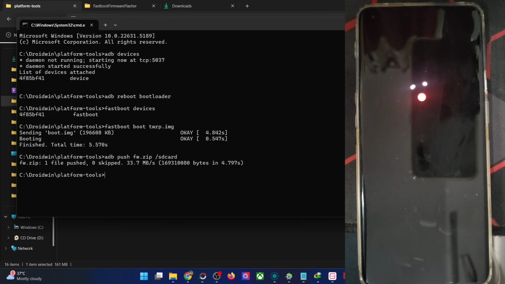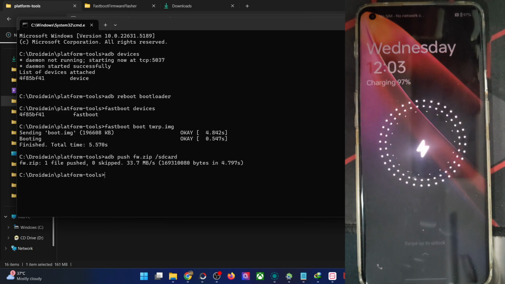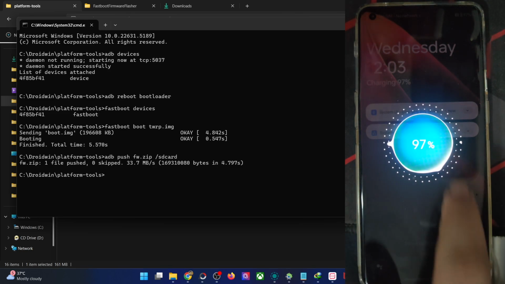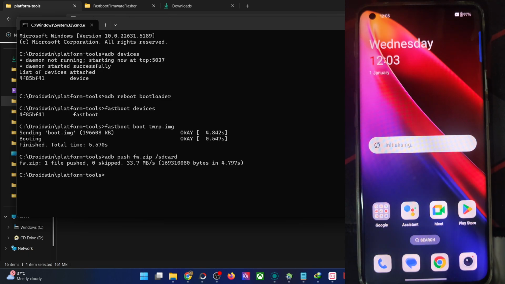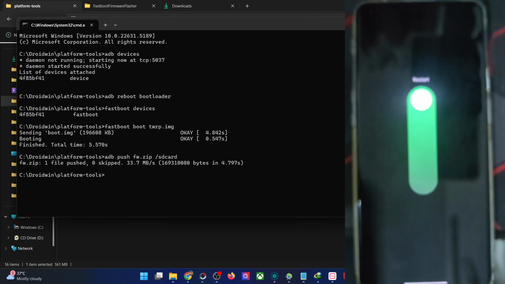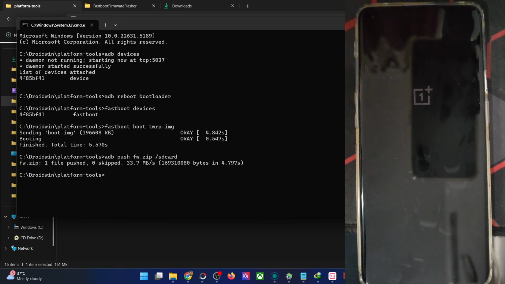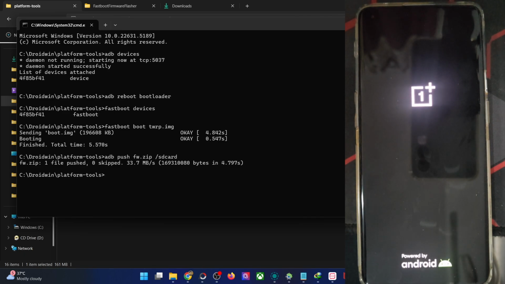This was quite a handy workaround, and from now onwards, every time you do a reboot, there will be no warning sign whatsoever. Let me show you that once again as well. If you want, just do a reboot once again. So whether you flash a Magisk module or any firmware as such, the warning sign will no longer be there. And if you flash a new custom ROM or a new firmware update, in that case you might see the warning reappear. That's not an issue. Simply reflash the firmware and the warning will be gone from your phone, as you could see over here.